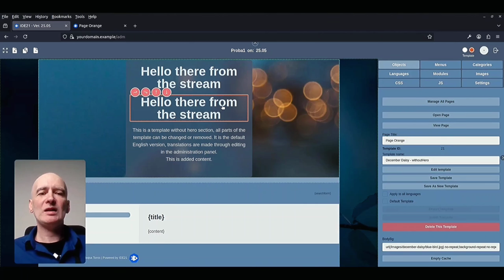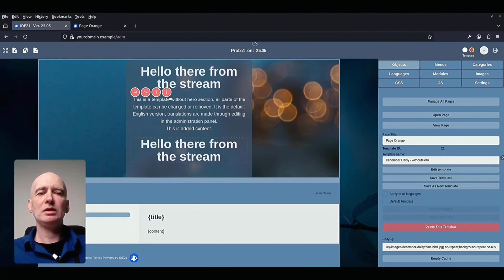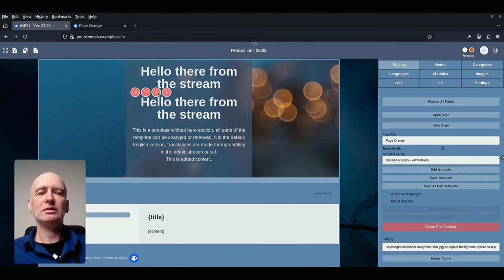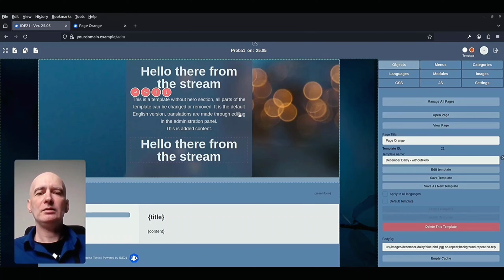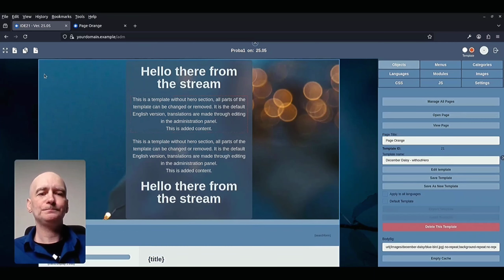And once you create it, you can also move it around, up or down, related to the parent. Let's now clone this one. So you see that I have added content by clicking on clone object.